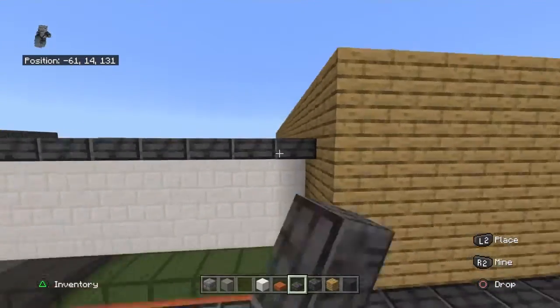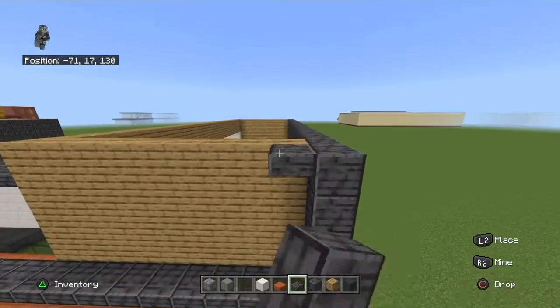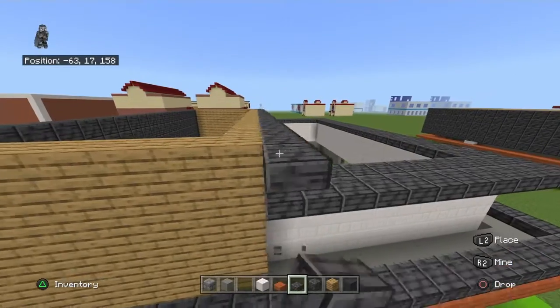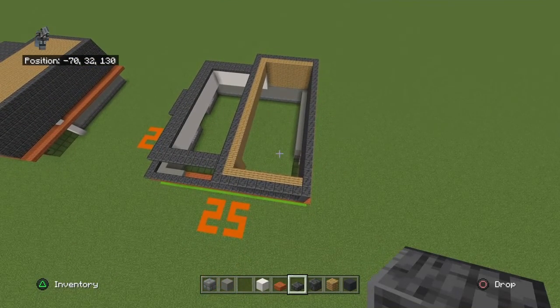Now, the oak wood plank section's a little bit weird. Now, I will say that if you don't like this, I'm going to talk about why it might be weird, or you might not like it in a sec here, but what you want to do is you want to wrap the top row of oak wood planks with upside down polished deep slate slabs. You might not like this because this will make your ceiling seem a little bit weird. Because you'll have oak wood planks in the middle. If you don't like that, then you can push it a block up, or a half a block up, but then you're going to have an offset center, which,